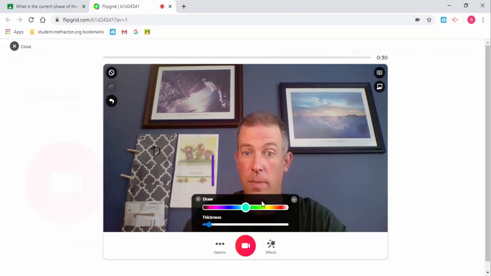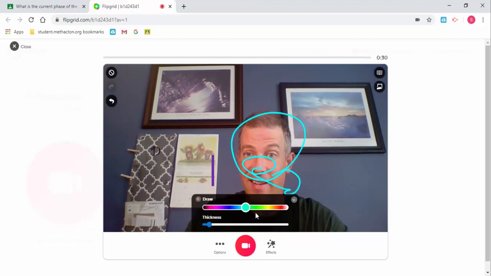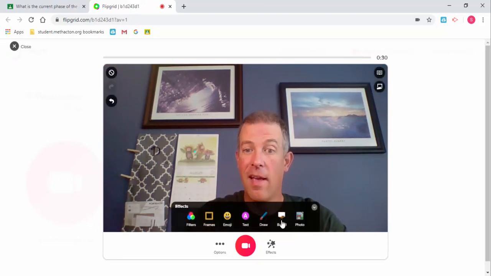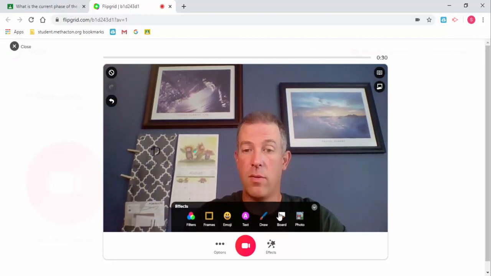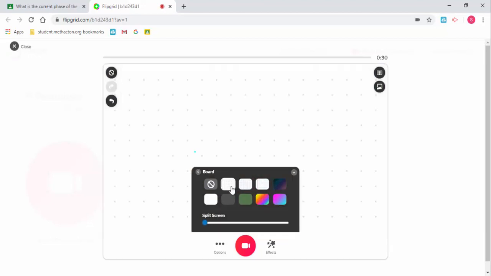There's a drawing tool. So you could go ahead and draw whatever it is you like. Okay, you can always, of course, go back as well. That's a nice feature to have. Let's go back again. Now, you could also include a picture. So if you had a picture of the moon from last night, or you had a picture that you'd like to use, you could certainly do that. But a really cool one is the whiteboard. So you can include a whiteboard. So you could just have it look like this,